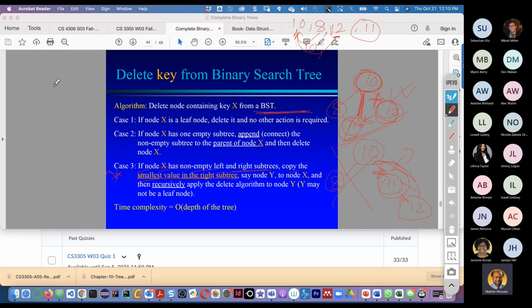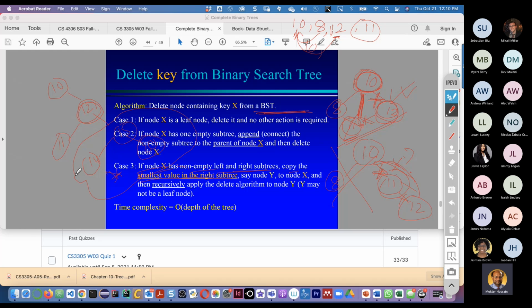For instance, let me draw it: 10, 12, and then 11, and then 15, and then 14, and then 20, like this. Then we want to delete, for instance, 12. From the right subtree, there are two ways.